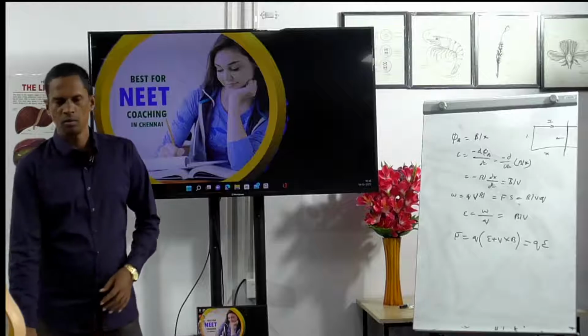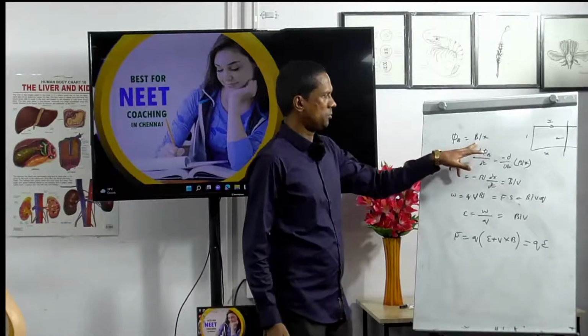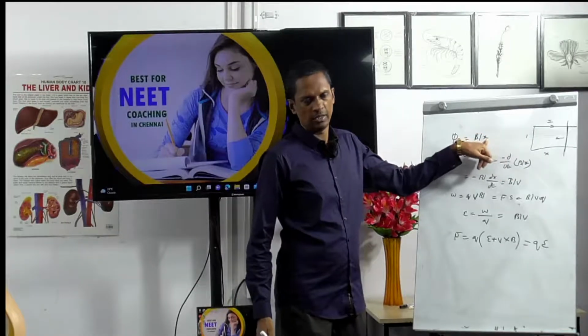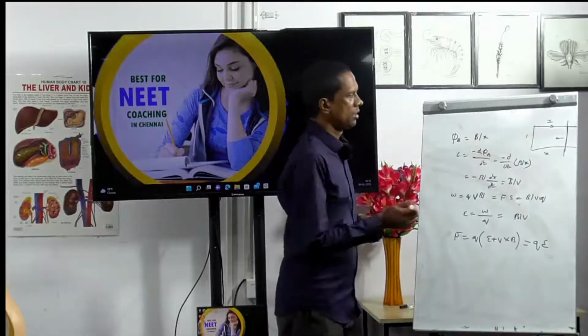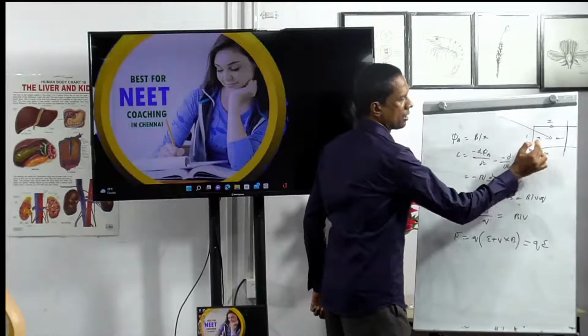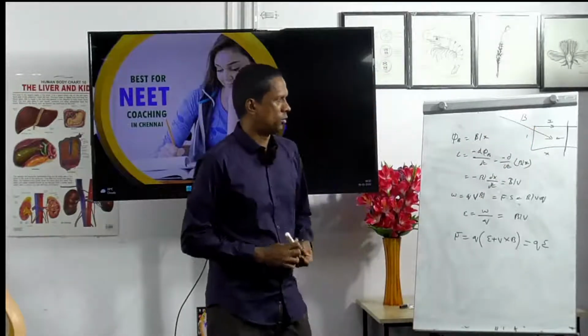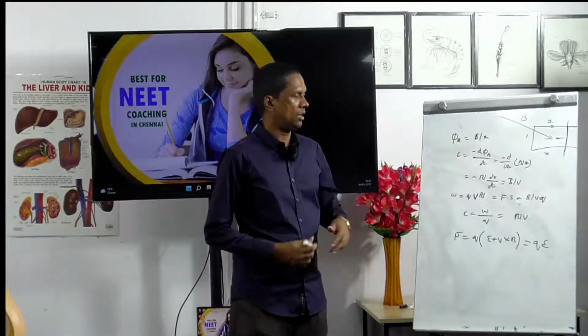So flux is equal to B L X. L is the length, X is the breadth, so L into X is length into breadth, and B is the magnetic field. So magnetic field into area gives flux. Flux is equal to B L X. So E is equal to